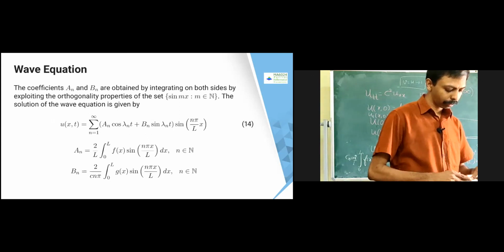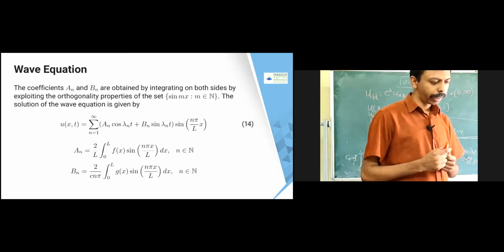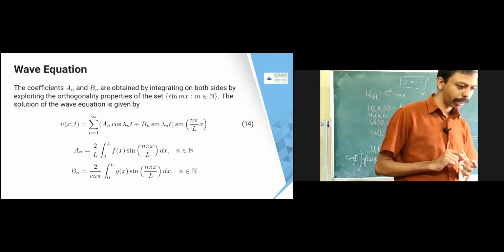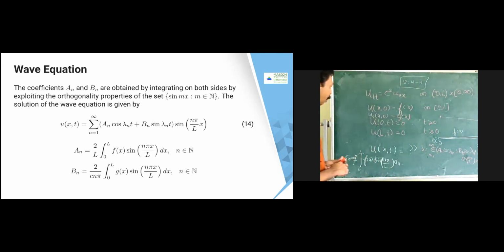Sir, t is coming in the form of e raised to lambda x something. No? You have written a... Sorry. So you are taking lambda equal to minus mu square, no sir? Lambda is equal to lambda. I'm just taking it as lambda is nothing but c nu. Okay, what is nu? Nu is nothing but n pi by n. This is lambda. This is my lambda. There is no t coming.